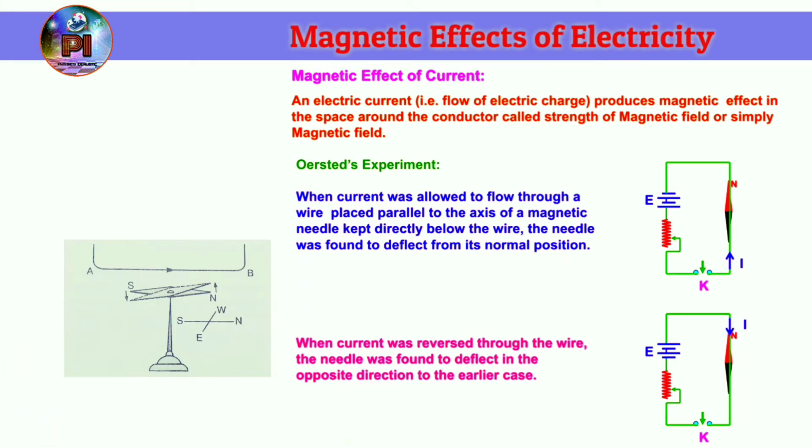Now, how can we find which is the west direction? For this, you have to consider the figure shown here. West will be inside the surface of the screen, inside the board, that will be the direction of west. So when a current carrying conductor is placed such that the needle is below it and current is flowing in the conductor, the north pole of the needle will deflect towards the west. This we already learnt in earlier classes, that is, in class 10th. Just try to understand from the board.